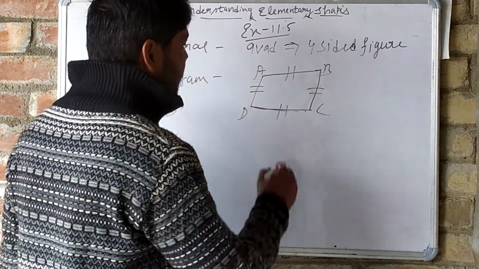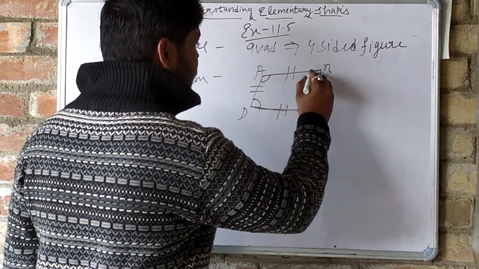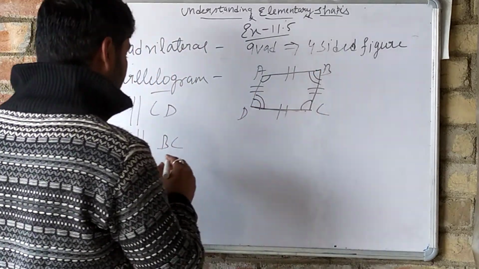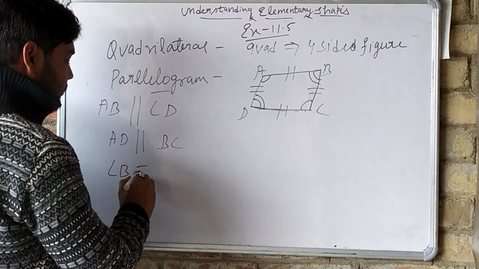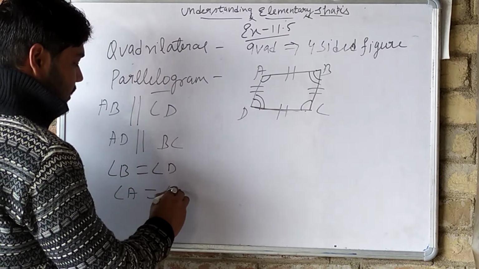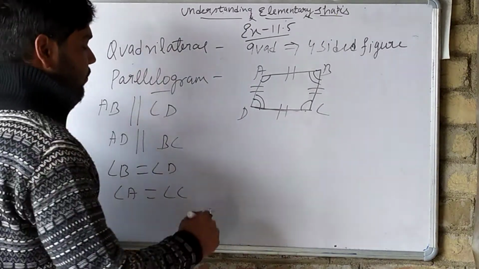And also, opposite angles are equal to each other. In a parallelogram, opposite angles are equal. Angle B is equal to angle D and angle A is equal to angle C. So this is the parallelogram's property. And